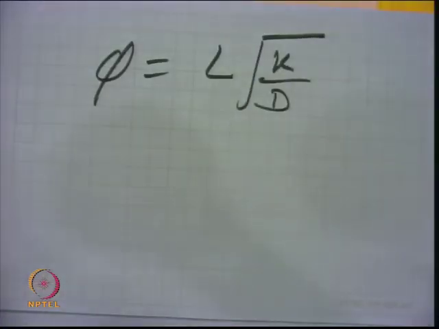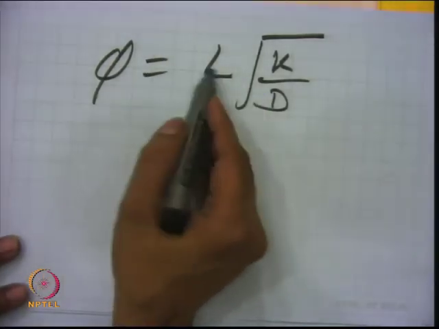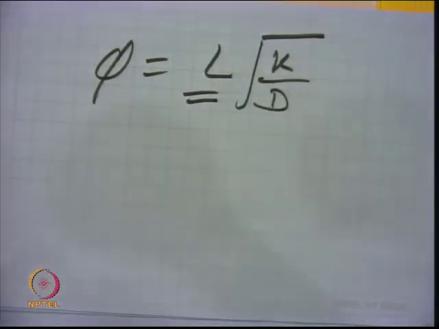So, you have to make your phi small in order to get this eta approaching a high value or 1. It means you have to make your pellet small. L is a representation of the characteristic length of the pore. Later on I will talk about L being Vp by Sx, volume of the pellet divided by the surface area of the pellet. So, the characteristic size of the pellet should be small, that is one thing.